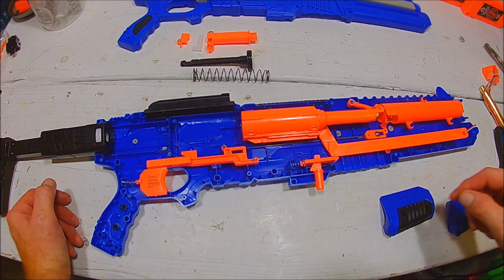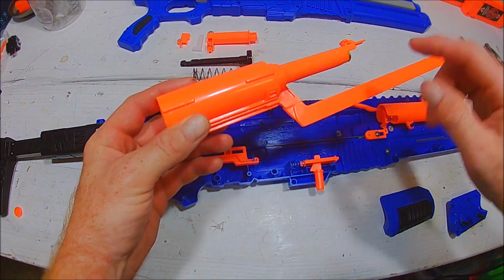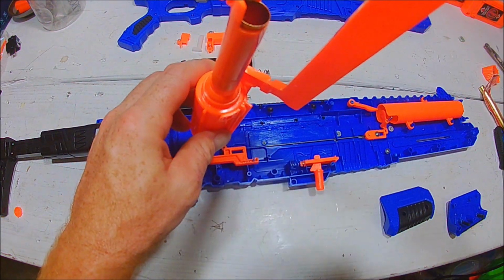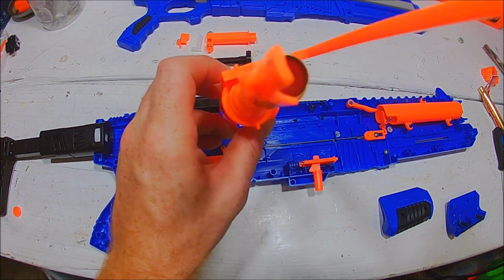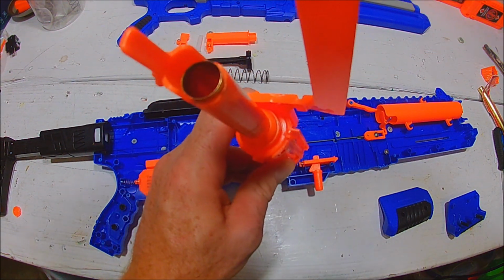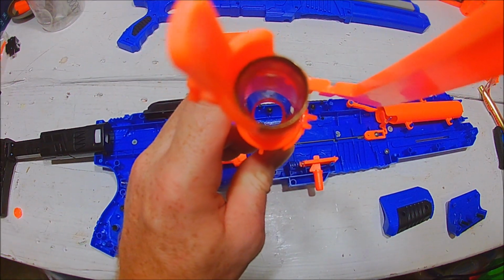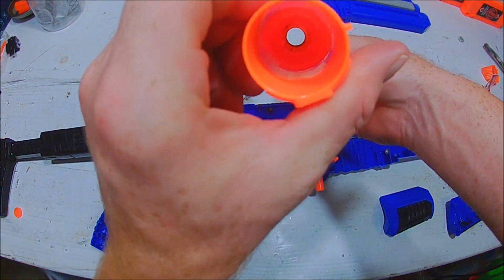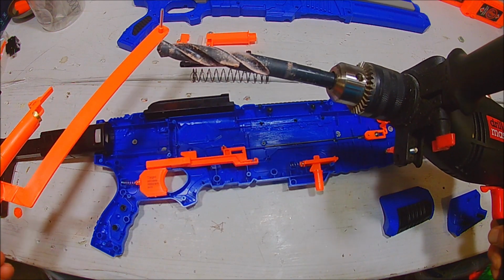Now, what I'm going to recommend with this is what I recommend with every Busby blaster. You don't have to necessarily do the actual breech work like I've done. Make sure I got that on camera here. It's hard to get on camera with that priming rod in the way. You don't necessarily have to do a brass sleeper breech. I did, but you don't have to. What I do recommend is taking either a...